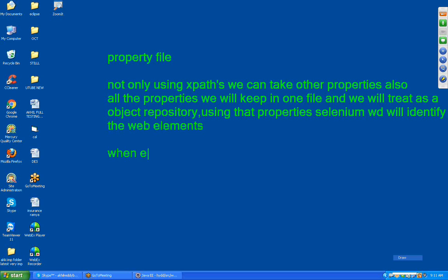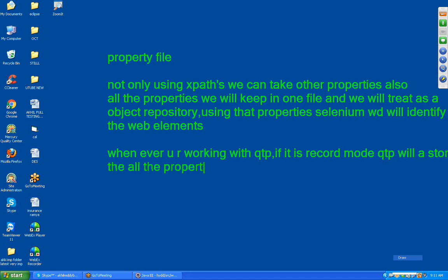Whenever you are working with QTP, if it is in record mode, QTP will store all the properties in the object repository.